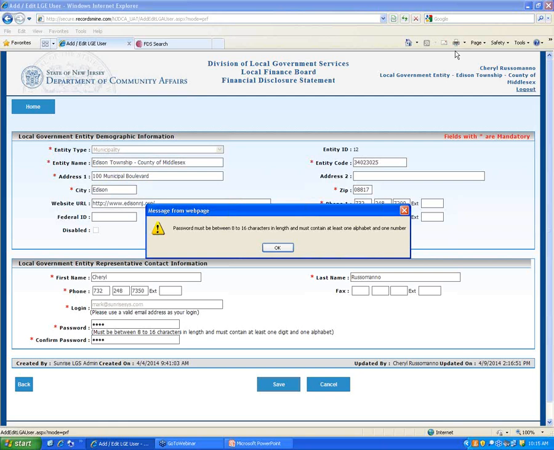Now, down below, once your search results come up, this is what we call our search grid. Each column that you see, you can sort just by clicking on the column heading. So let's say I wanted to sort the first name column in alphabetical order. If I click on the first name heading, the first click is going to sort that column in ascending order. If I click it a second time, it'll put it in descending order.